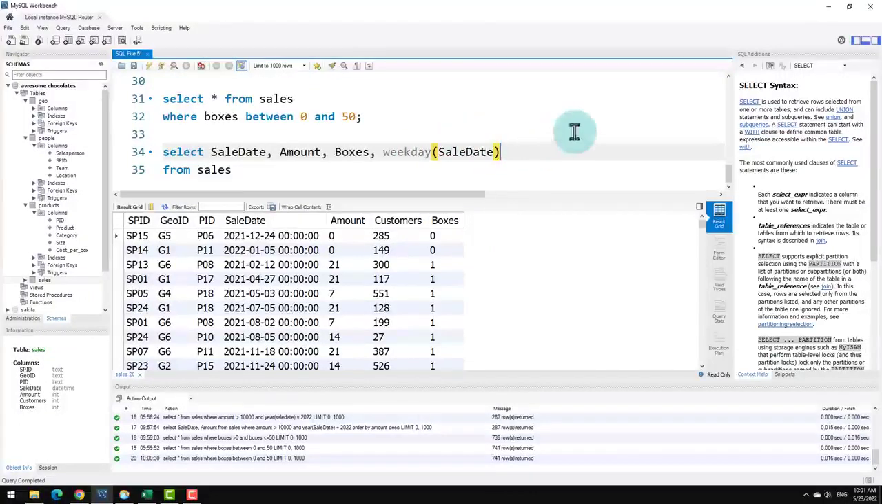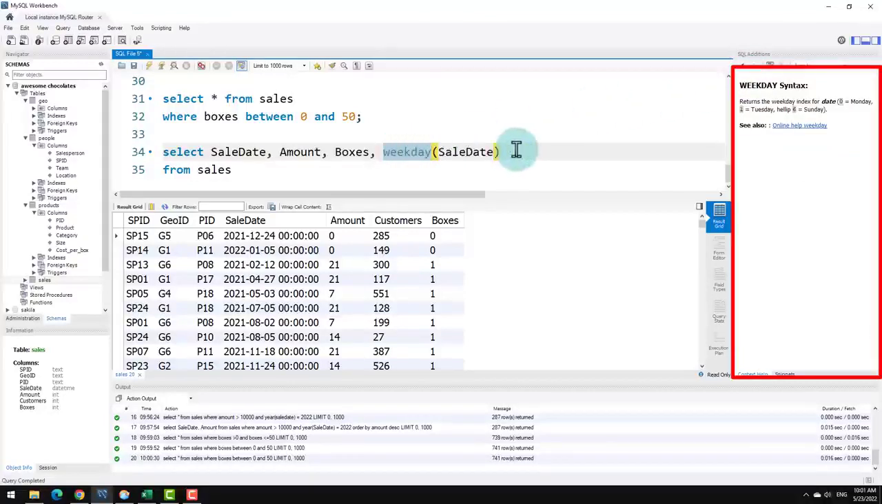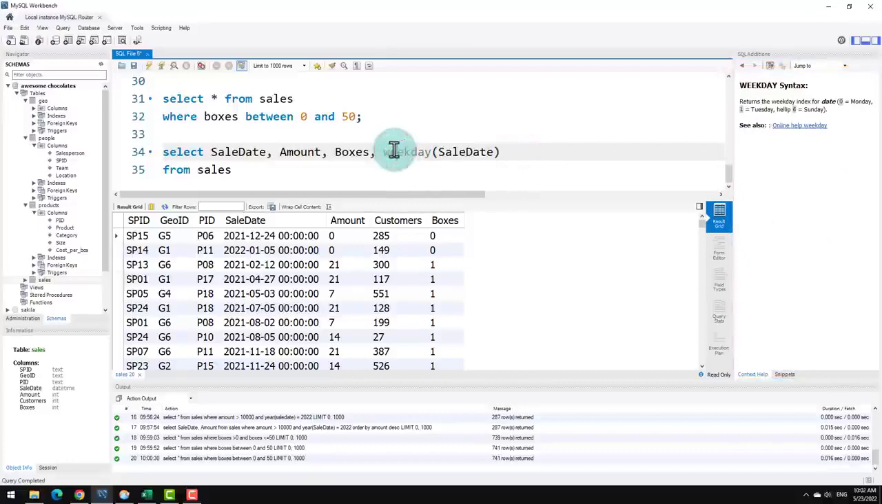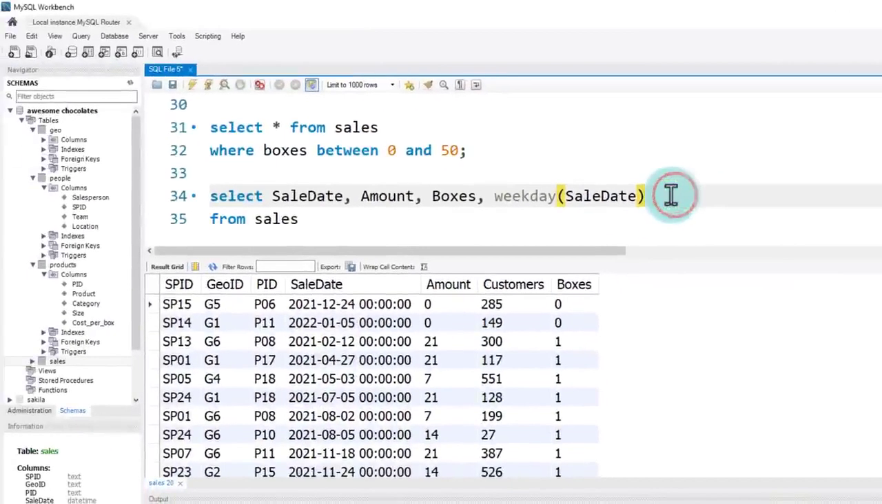MySQL Workbench offers a built-in help screen, but it doesn't really show help for everything. So here, even though I used weekday, it does show some information, but not a lot. So here I can see that weekday returns 0 for Monday, 1 for Tuesday, and then 6 for Sunday. So essentially, if I filter correctly, we should expect to see just 4 there because 0 is Monday, so 4 would be my Friday. So sale date, amount, boxes, weekday of sale date as within single quotes, day of week,